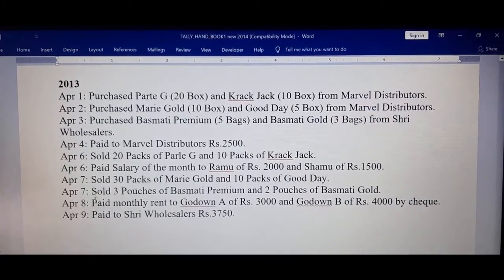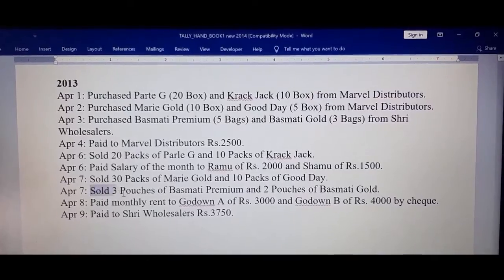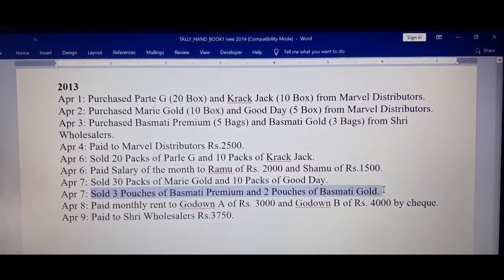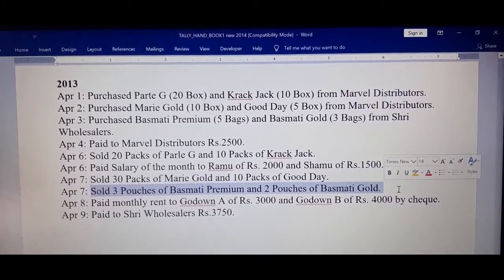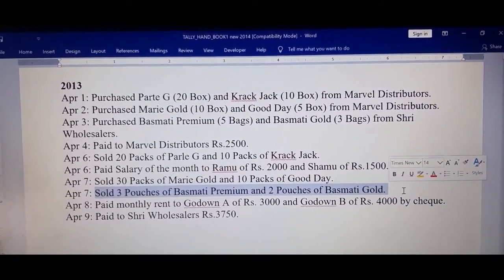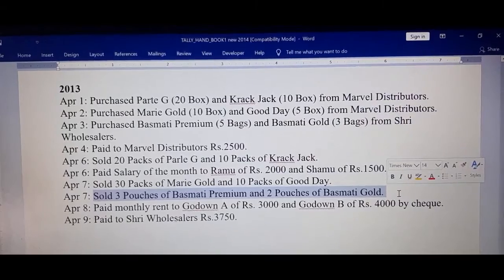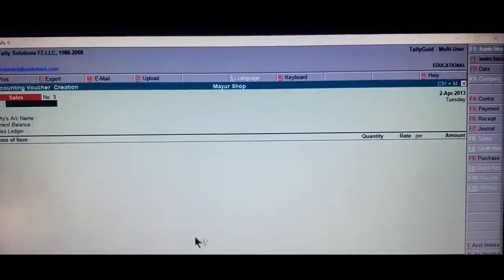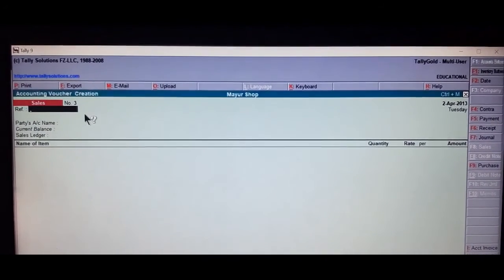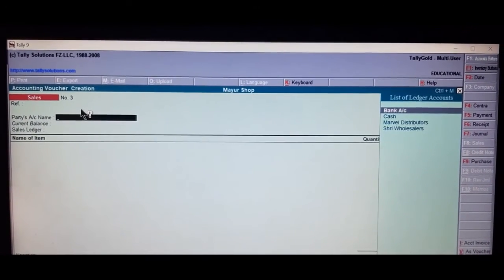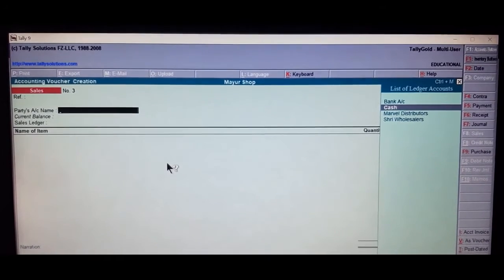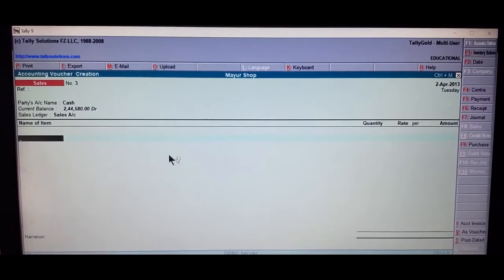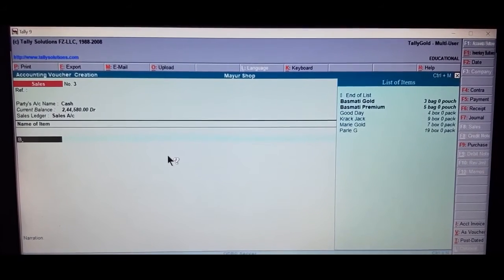Next, sold 3 pouches of Basmati Premium and 2 pouches of Basmati Gold. Even this also can be recorded either under sales or receipt voucher. Sales voucher. Party's account name, select cash. Sales account. Name of the item, Basmati Premium.